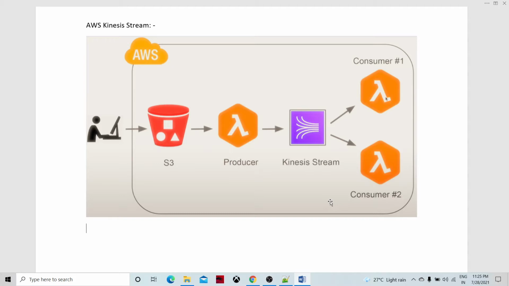So wherein we could produce the data in terms of Kinesis streams, there is a Lambda function based out of maybe Python or Node.js or any other, maybe Java SDK. We need to create the Lambda function, which is triggered by some event happening, and then that Lambda function is going to place the data into the Kinesis stream, and then the Kinesis stream is going to push that data to the different consumer.